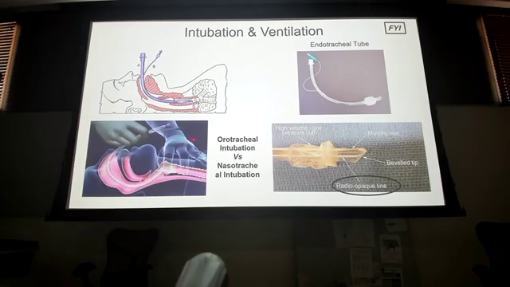Then down here, this is an example of nasotracheal intubation. What does that person do with their other hand? Yeah, so they're pushing down on the cricoid membrane, and what that's going to do is it opens up the vocal cords, makes it easier to visualize. So in this case, if you were doing it this way, you would put your McGill forceps in their mouth, grab that tube back here, and then you would direct it anteriorly, right? So the esophagus is posterior, vocal cords are anterior to the trachea.